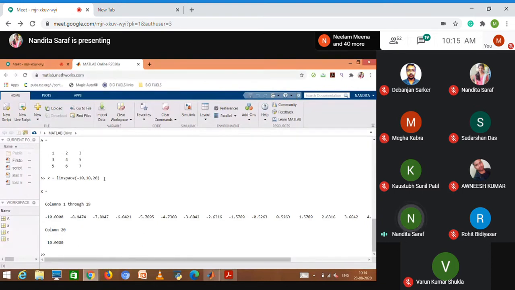Sorry: minus 10 is the initial number, 10 is the final, and 20 is the number of elements.